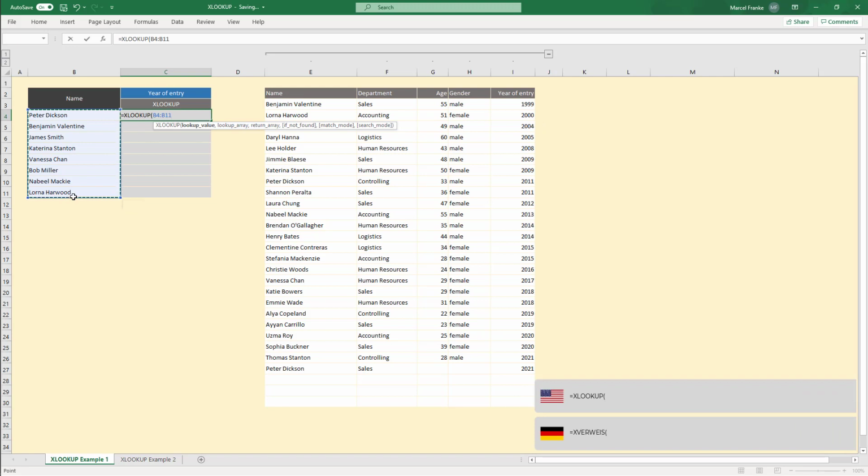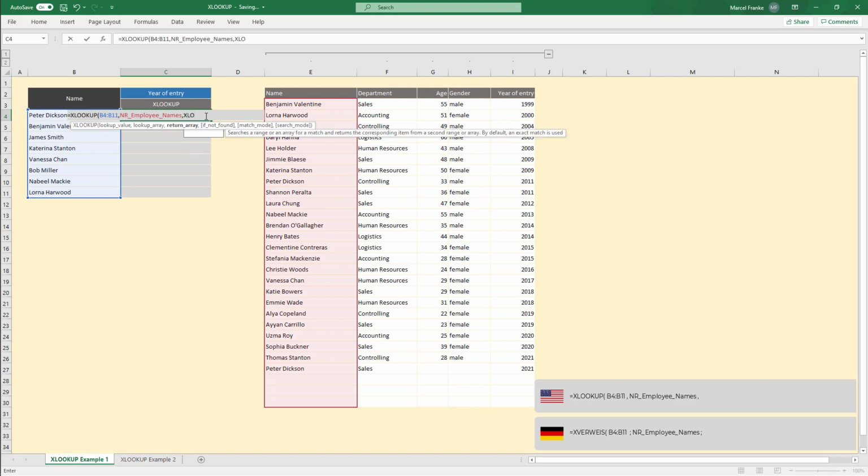So the lookup value is this range here, and we want to look it up inside this column, and we define a name for that, which we called NR employee names right here. So we can just double click it, and you see now this range is selected. Then we want to define our return array, and because we want to have it dynamic, we have to create another XLOOKUP here. We want to look up the value of the dropdown menu, and we want to look it up inside our heading. And for that, we also define the name. Let me type in heading, and now we see that name here. Let's click on it,